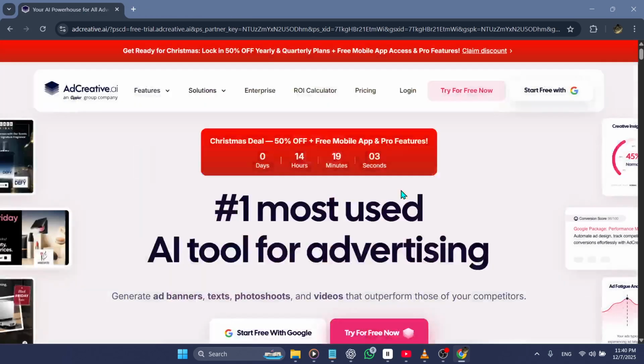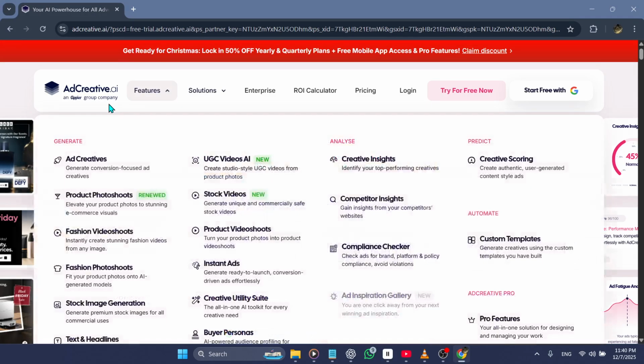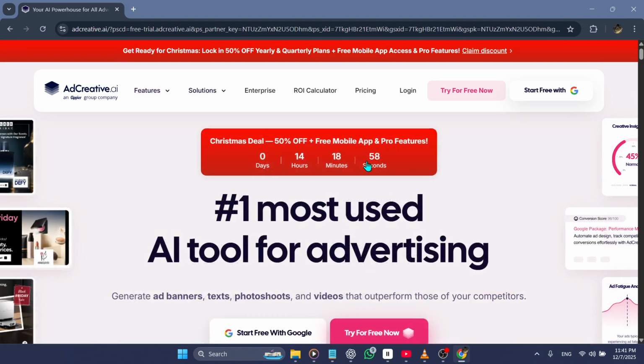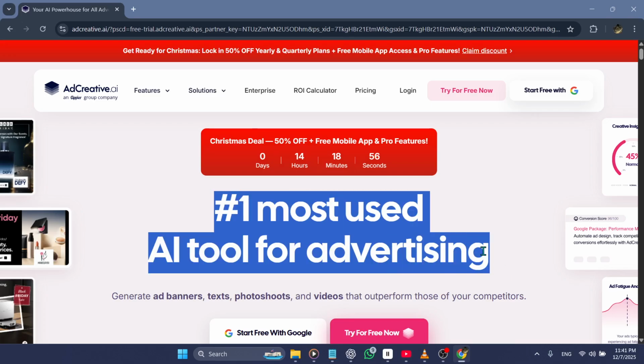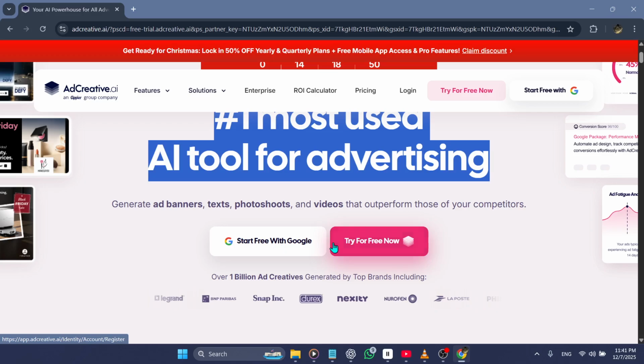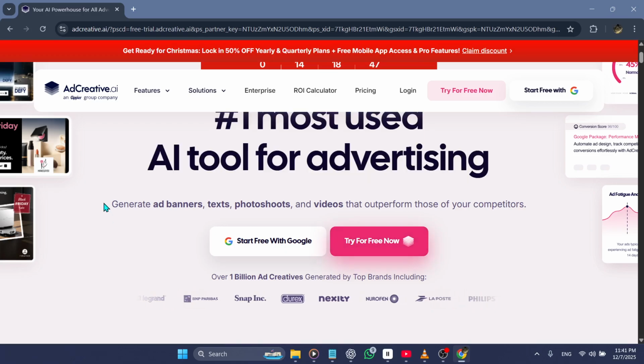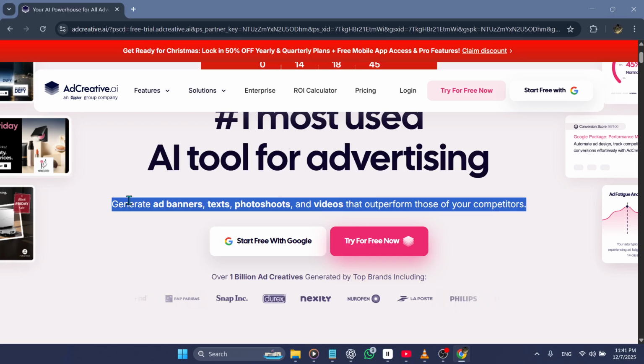Ad Creative AI is an AI-powered platform built to simplify the ad creation process from start to finish. Instead of spending hours designing ads or guessing what your audience wants, the AI studies past campaign data, identifies patterns, and generates ad concepts that resonate with your target audience. Think of it as having a creative assistant that learns from what works and uses that information to shape better